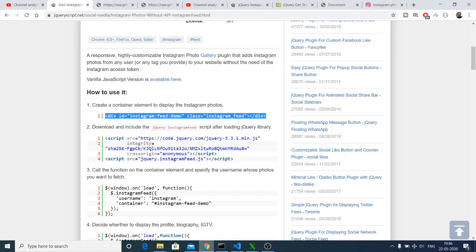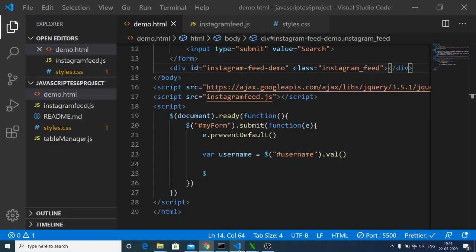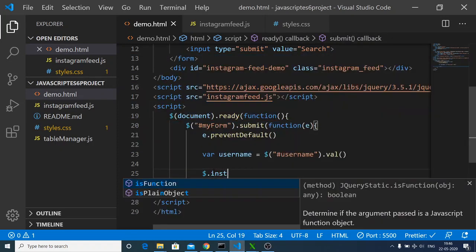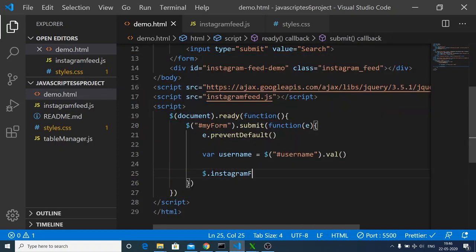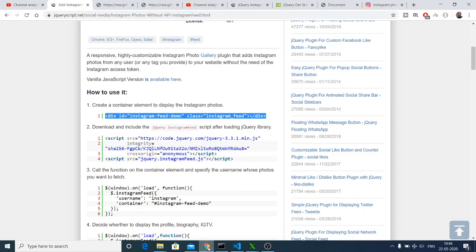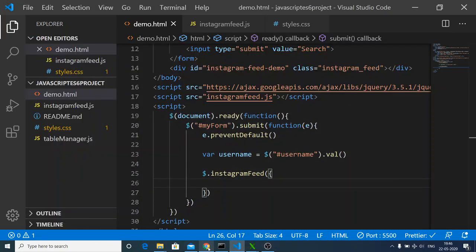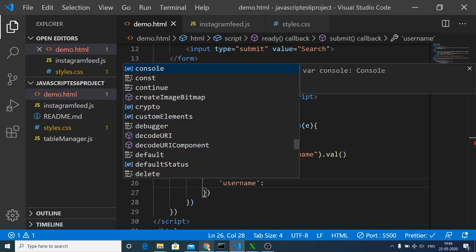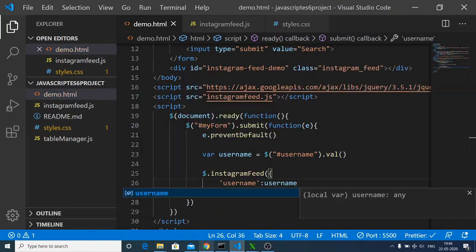And now we need to initialize our plugin. So this is a plugin. Dollar dot, for this jQuery is required, dollar dot Instagram feed, and this takes some options. So a set of curly brackets. So the options are pretty simple. First of all, there is a username option, and I will pass the username that the user entered like this.